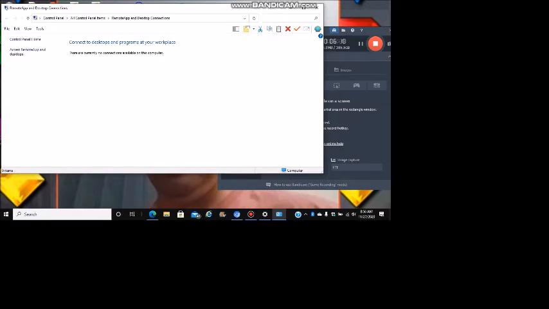So if you're under Spectrum Business and you're working at Easter Seals, you have to do these steps. It says connect to a desktop and programs in your workplace. This is what Easter Seals does when they have computers. They connect to a